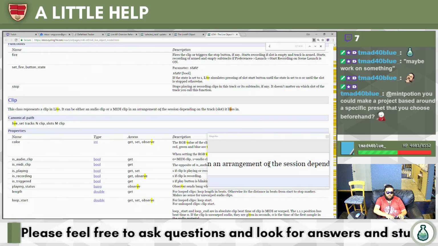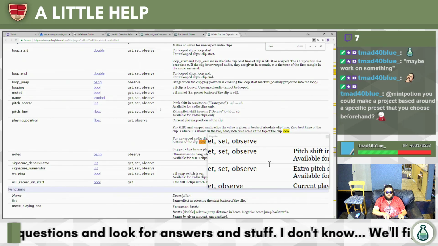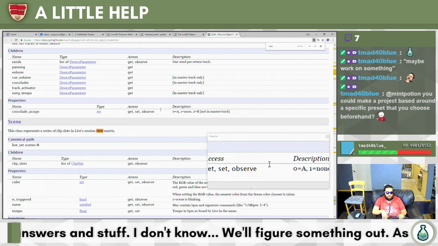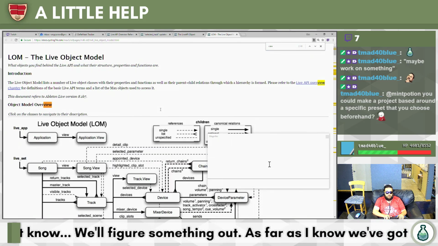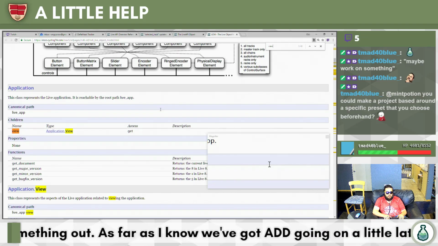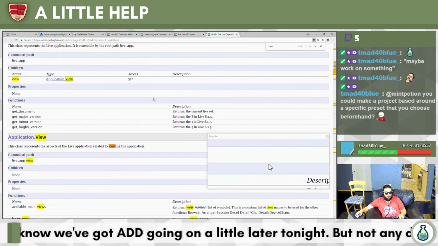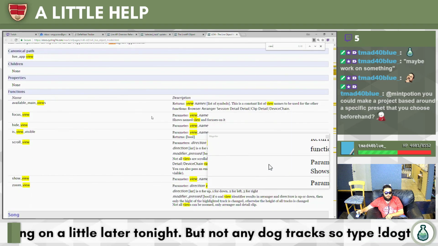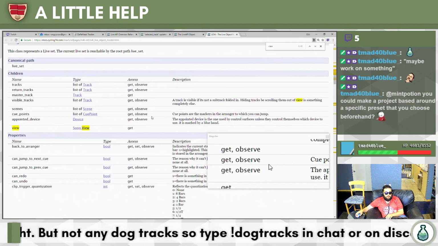So what is view, right? There are a lot of references to view. So it represents a series of clip slots in the view matrix. We're not really interested in session view right now. Application view. Let's see. So live app view, main views, names, list of symbols, focus hide is visible. Yep.